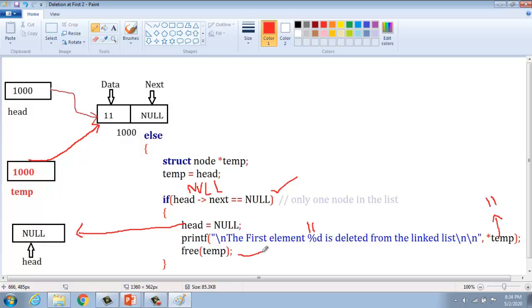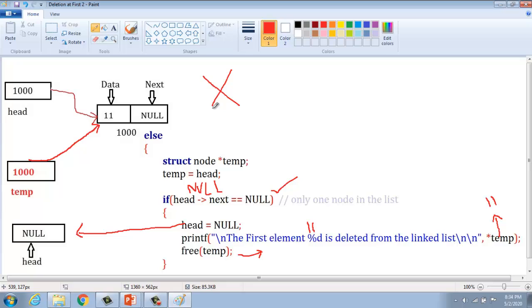What is the use of this function called free? Already we discussed dynamic allocation. We have malloc, which is memory allocation. Free is called deallocation from the memory. How are we able to deallocate? Once we have allocated memory inside the linked list, we manually deallocate from the memory using the function called free. We have to delete the temporary variable pointer also. So free temp. Okay, at last we have deleted from the list. And finally head equal to null. So no other element is present in the linked list.